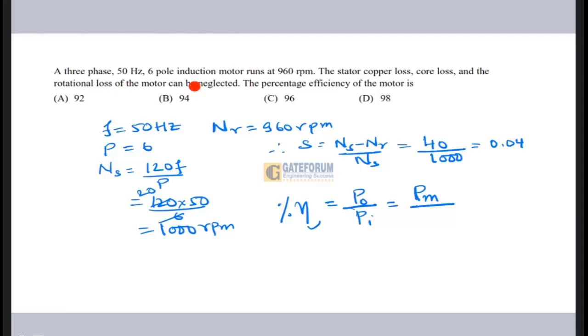And this input power can be written as the air gap power. Yes or no? Because when the rotational losses are neglected, then Pm is equal to P naught, and when stator losses are neglected, because stator copper loss and core loss both are neglected,